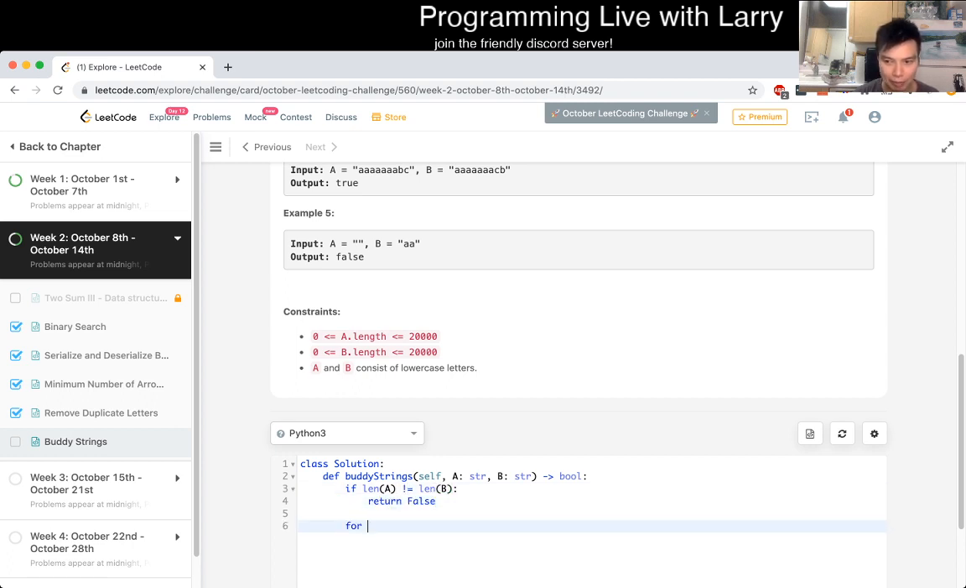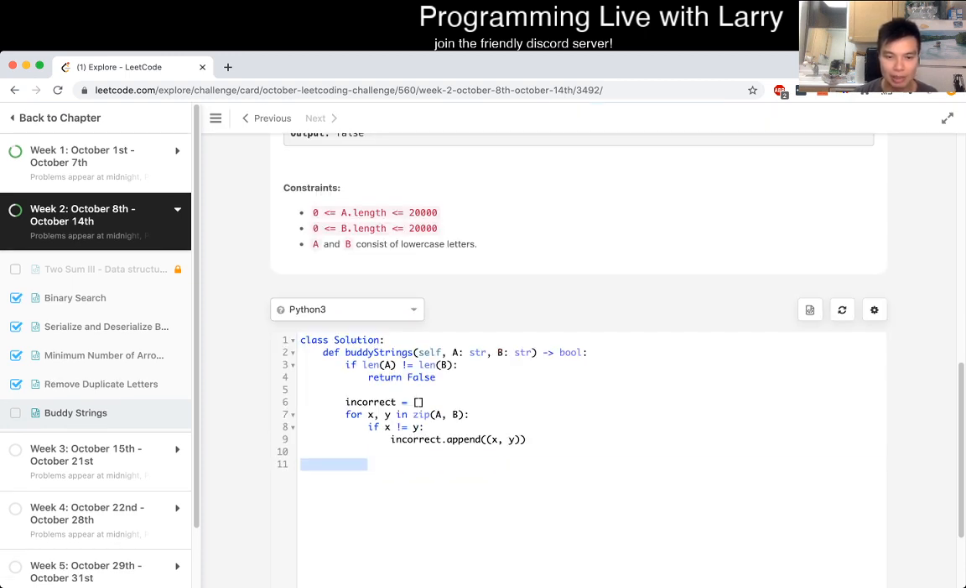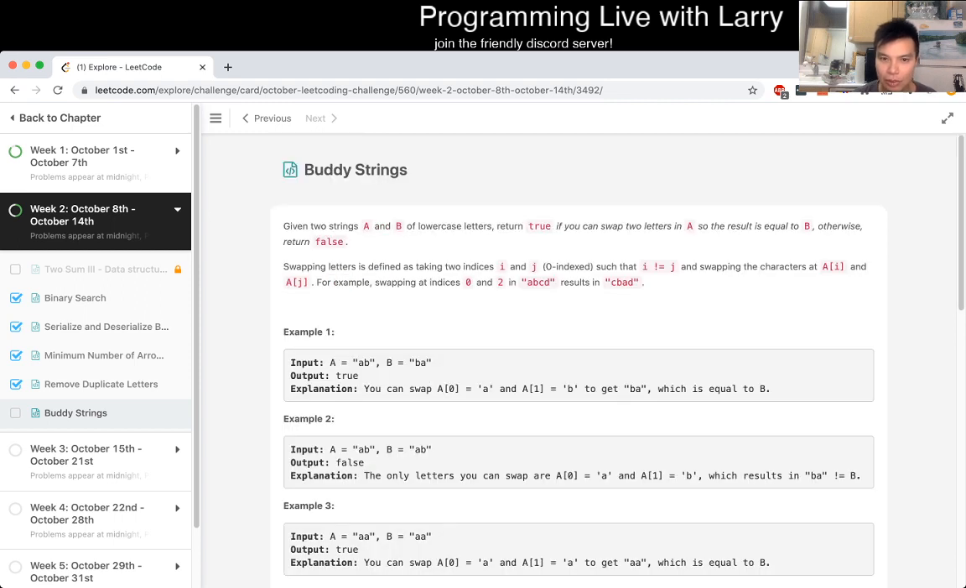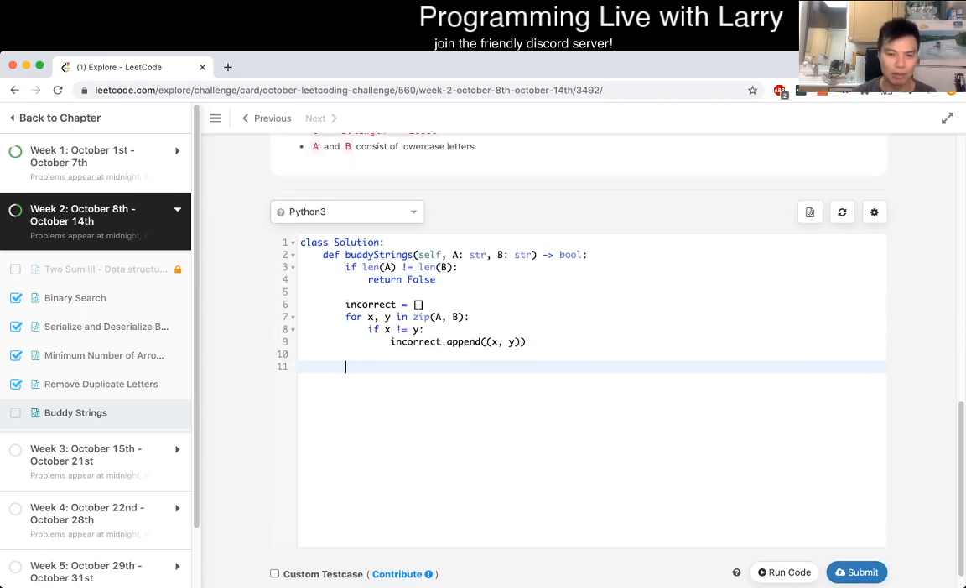If we have two characters out of place, then it's good. So for x, y in zip of A, B, if x is not equal to y, let's just have a list of incorrect things. Incorrect is equal to a list, an array. Then we just incorrect.append (x, y). If we have more than two, then that's already wrong, right? So if the length of incorrect is not 2,